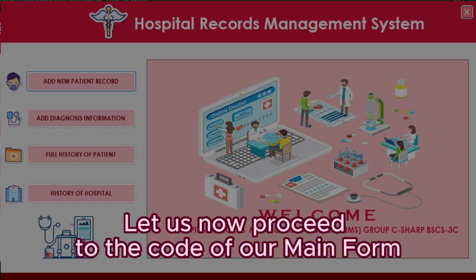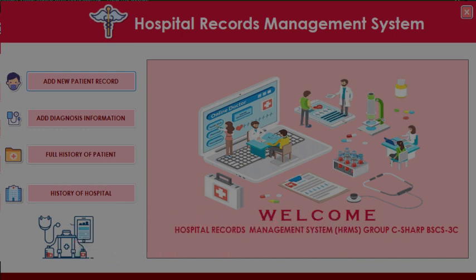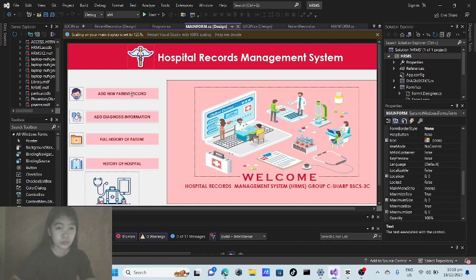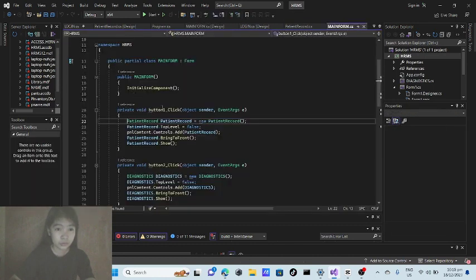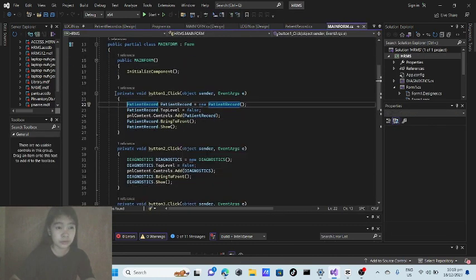Let us now proceed to the code of our main form. This is the code to run the button of the program. When we double click the button, it will show the button event handler. Then when we type the patient record equals new patient record, this line is to create a new class or form. Then the second line, this line is to set the top level property of the patient record form to